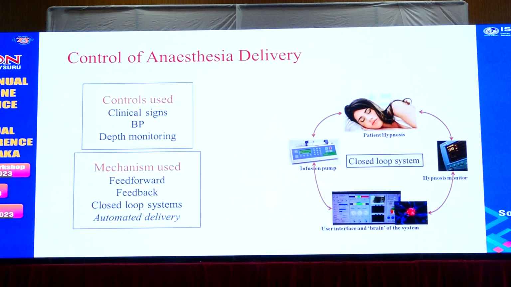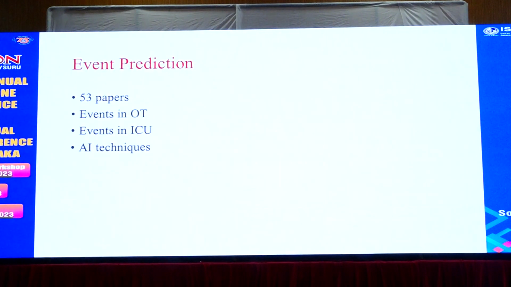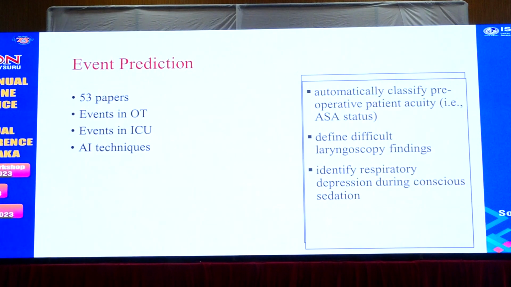Depending on your institute or the protocol, you can use whatever monitor. You can use the vital signs, the clinical signs, blood pressure, depth of monitoring as control systems. And ultimately, the proven areas are propofol, remifentanil, and muscle relaxants. These are all controlled with these automated systems, and mechanical ventilation is also allowed, and how to wean the patient. It automatically sets the ventilatory parameters depending upon the patient's trigger. It is also used in event prediction